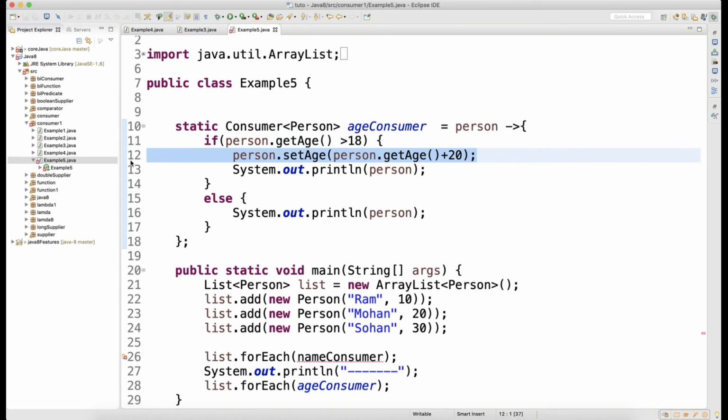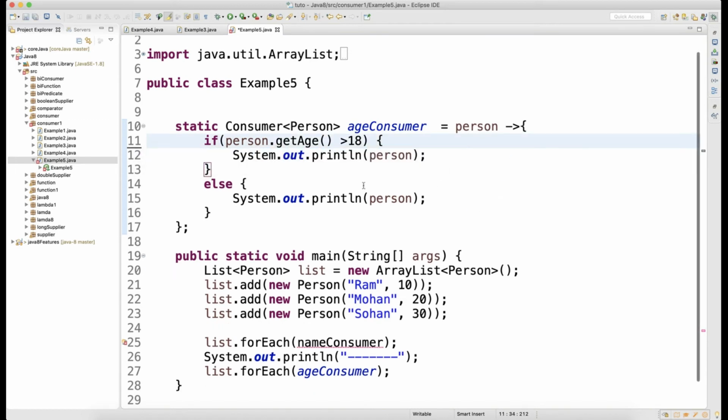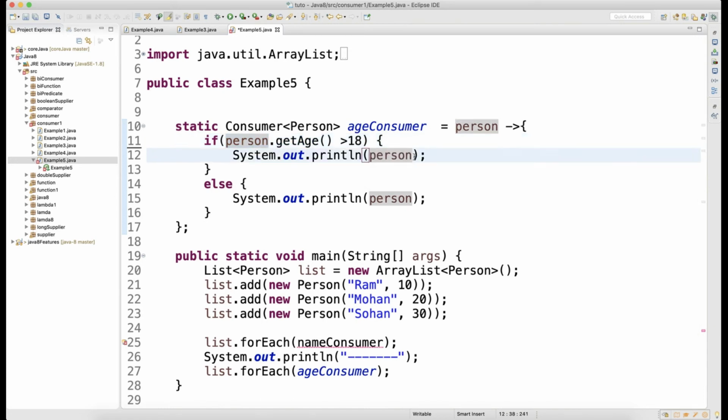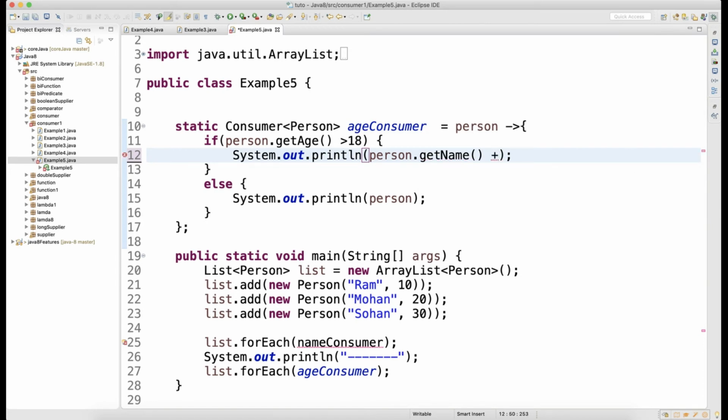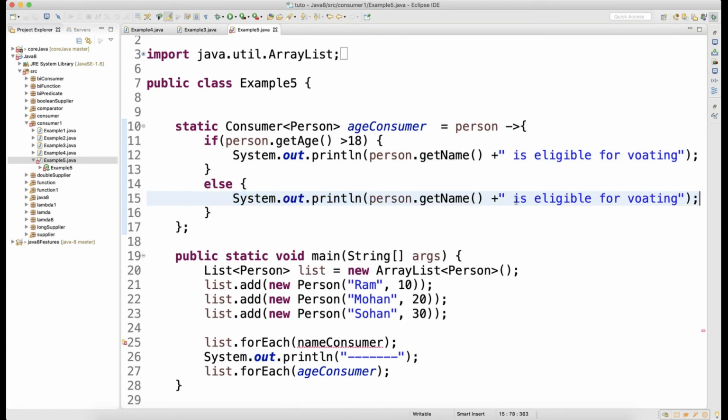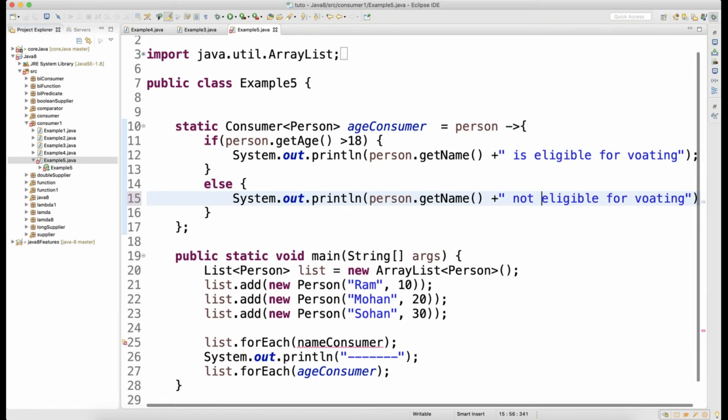You are writing that if age is 18, then person.getName() plus "is eligible for voting", else "not eligible for voting".